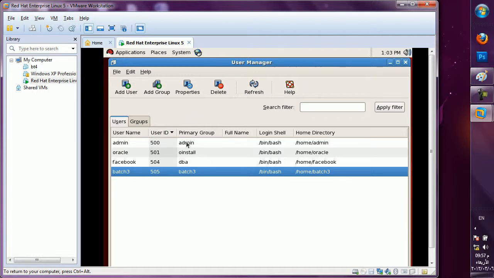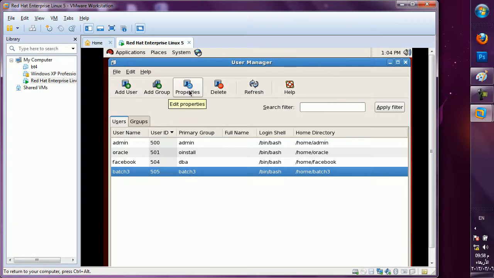So who has the authority for database creation? DBA. Unless I shift this user to DBA, I will not get the permission for database creation. So how to shift the primary group to DBA?